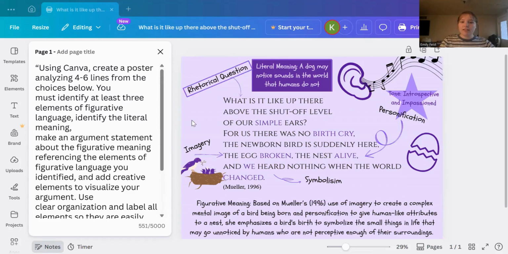They're able to include at least 3 elements of figurative language that they identify in the lines of the poem. They explain the literal meaning of the work. They also create an argumentative sentence based on the figurative meaning of the work. And they put the tone somewhere on the poster. I also would like students to include visual elements that are intriguing and interesting, and they utilize good organization skills